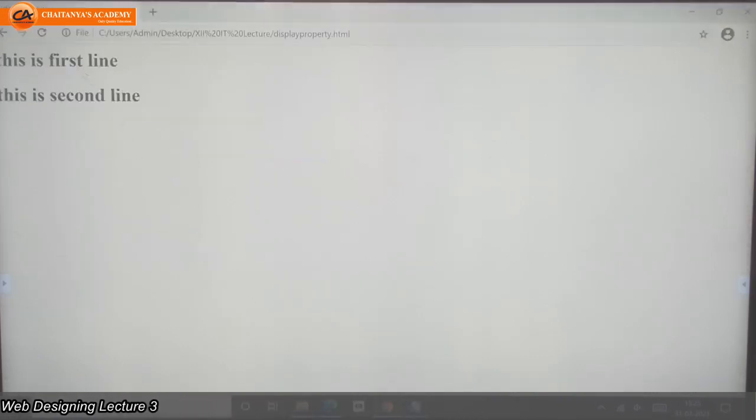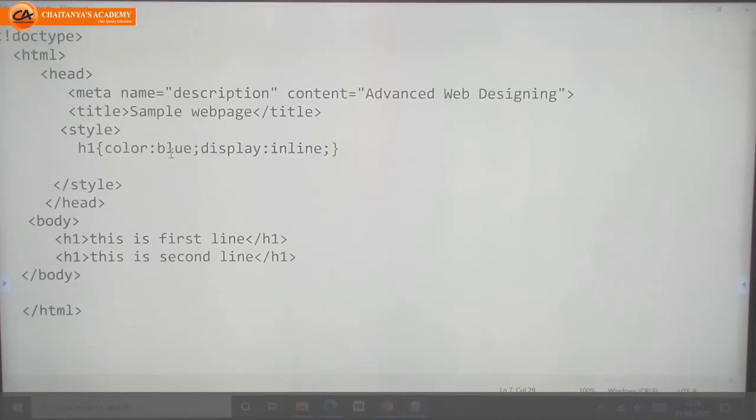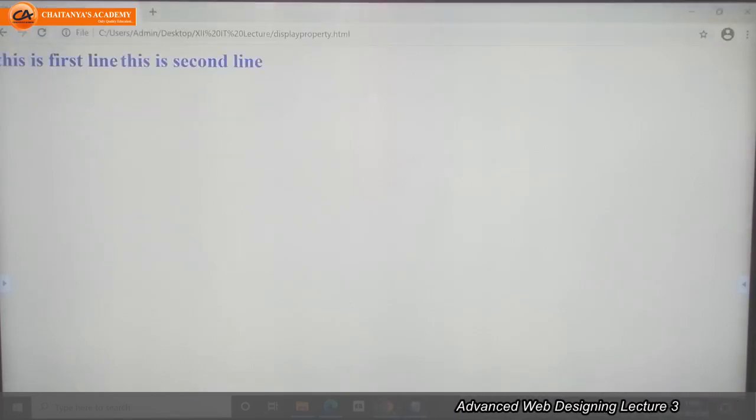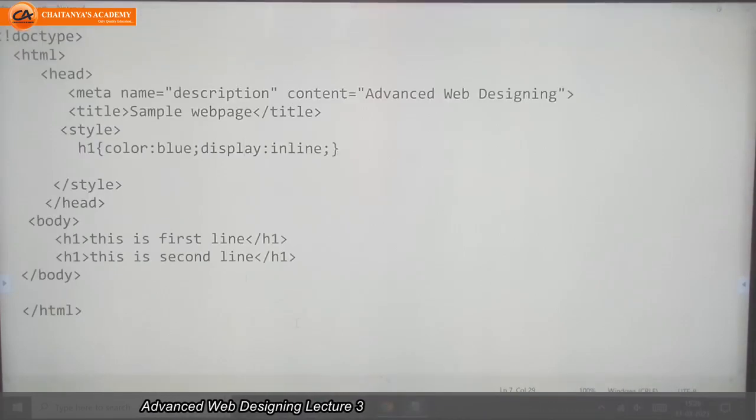See, now in the output, I am getting text on different lines. Now when I write this program, I will save and execute it. See, now the text came on a single line, means display equal to inline.